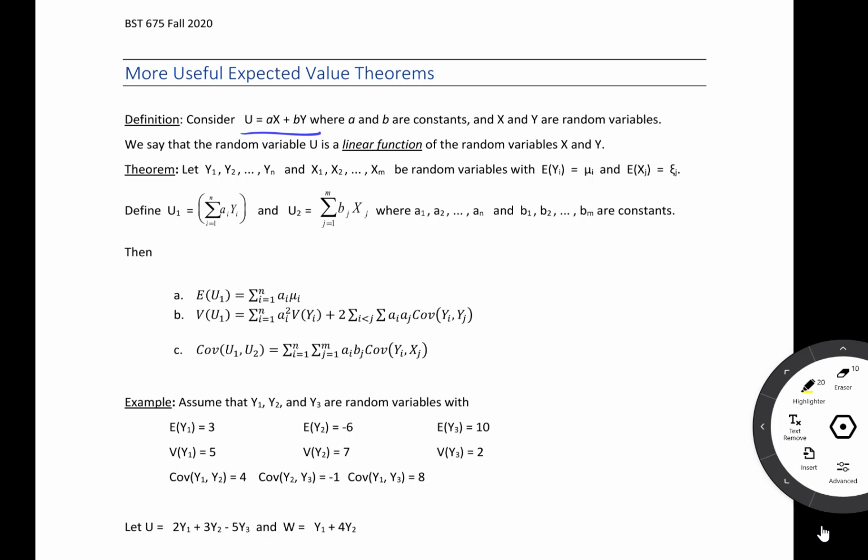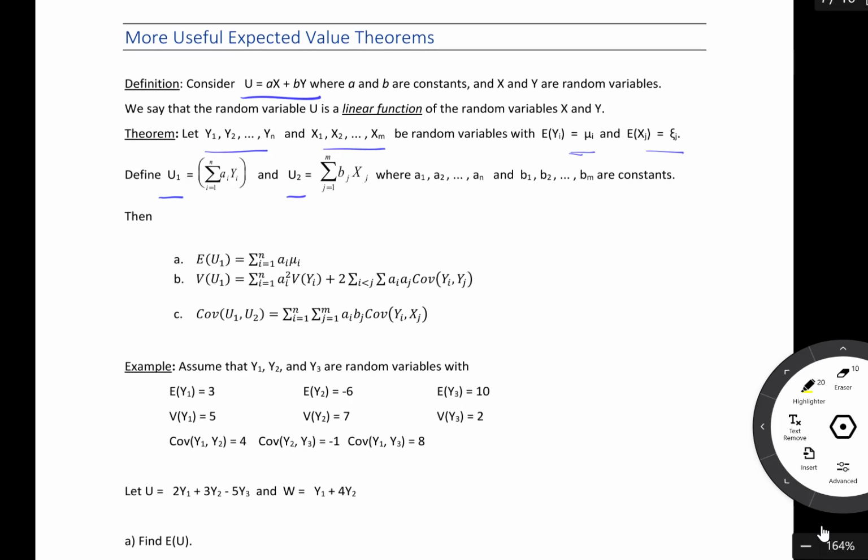So if I have two sets of random variables, I'm going to have y1 through yn and x1 through xm. Those are all going to be random variables, and notice that the expected values for each of the yi's and the xi's are defined here. And then we're going to define two separate linear functions. We've got the linear function u1 and the linear function u2. So notice first